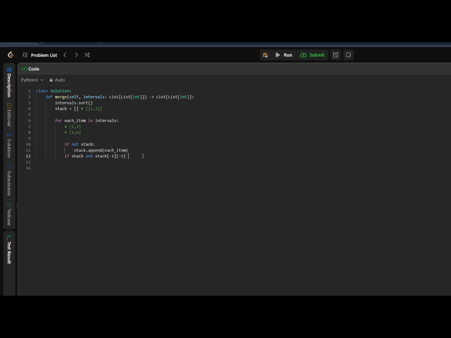If our current starting point, which is this, so each item is just a list, so each item of the first one, which is 0, is less than or equals to this one, then what we are going to do is update the stack. So stack minus 1, that is the last element,